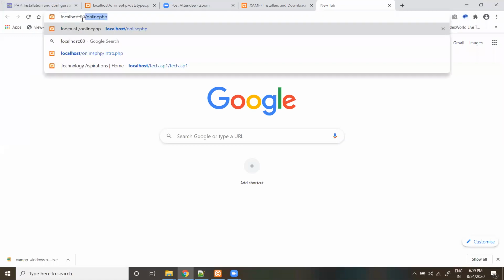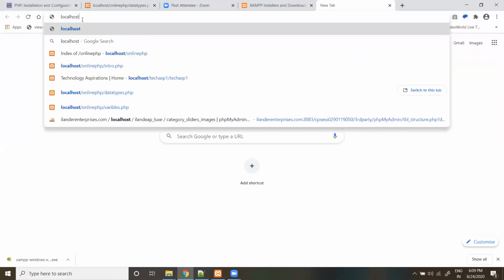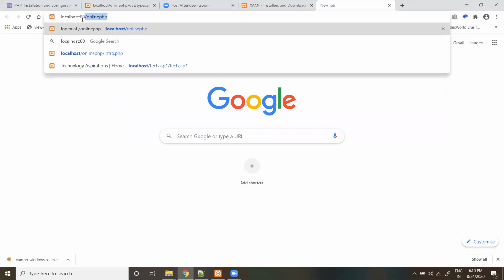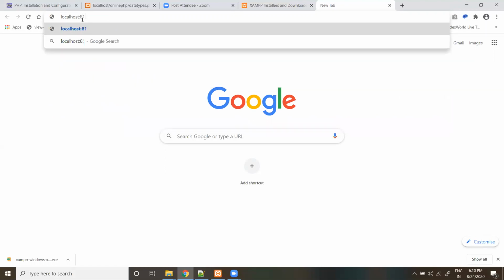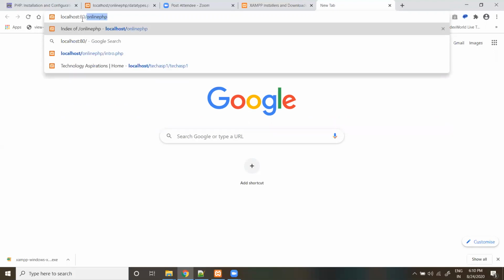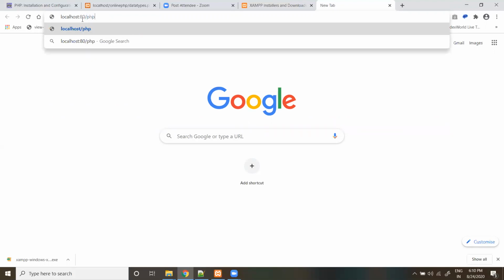If you don't have any port number, that means the default is 80. If you have any other number like 81 or 82, you can give that number. My number is 80, so I'm providing that, and then PHP online, which is my folder name. You can access it by the folder name.